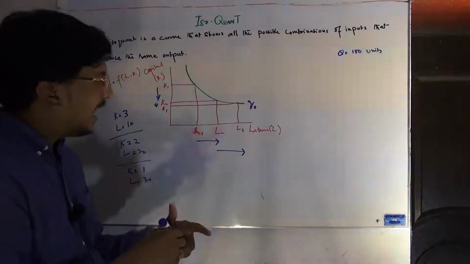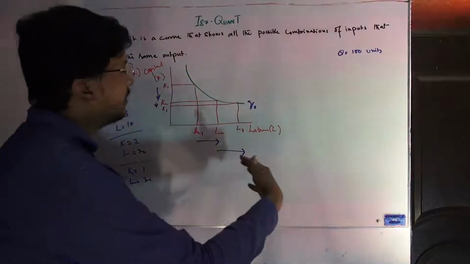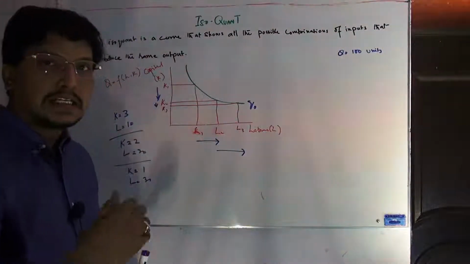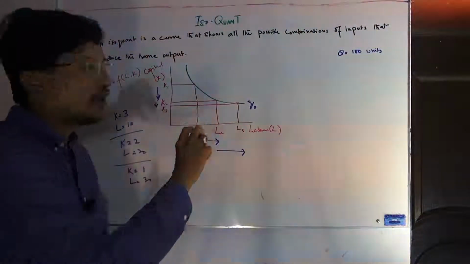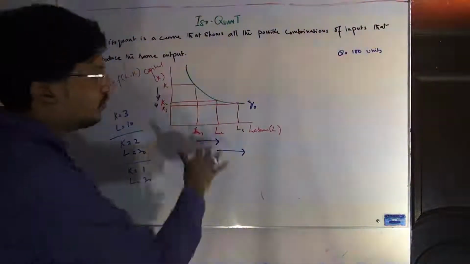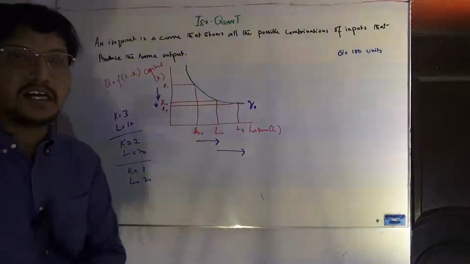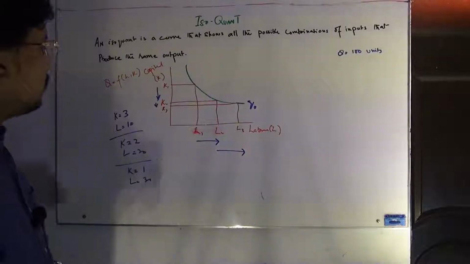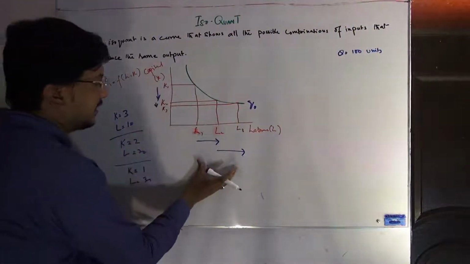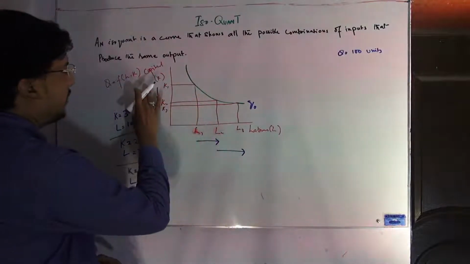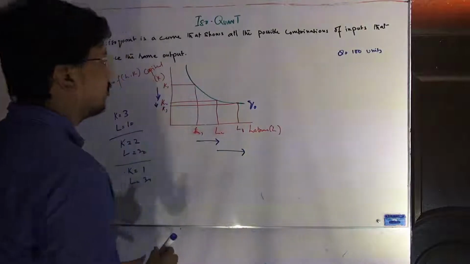So जब आप इस आइसोकॉन में मूव करते हैं, तो जब आप लेबर की तरफ बहुत ज़्यादा जाने की कोशिश करते हैं, तो एक वक्त आता है कि जब आपकी जो रिडक्शन ऑफ द कैपिटल है वो बहुत मिनिमम होकर रह जाती है, और ये जो बिहेवियर है वो आपको ऑब्जर्व होगा कॉन्वेक्स बिहेवियर में, और दिस इज़ द शेप ऑफ द आइसोकॉन। So the increase in labor will decrease the capital, because we have to stay on the same isoquant.